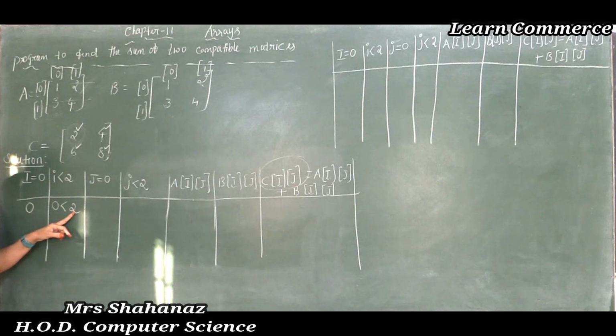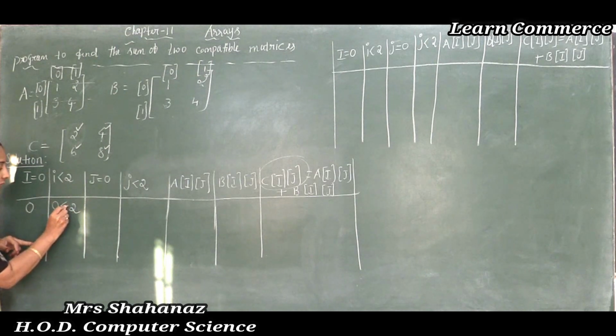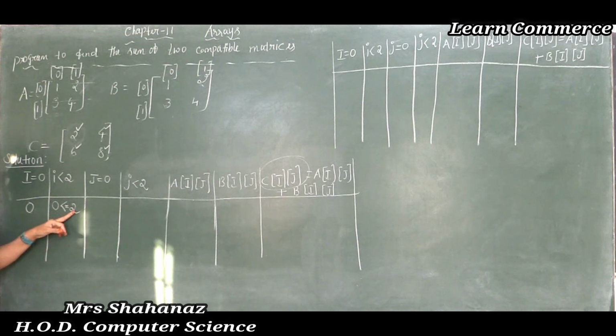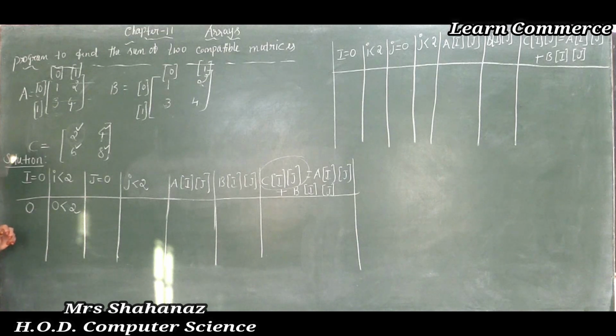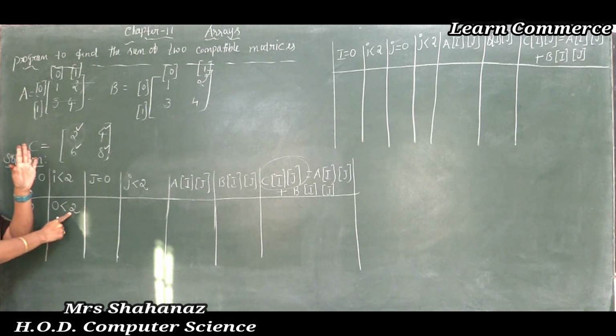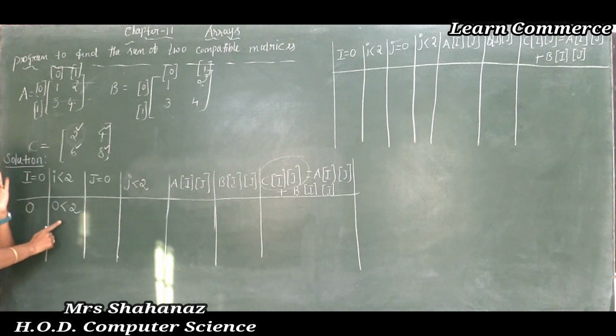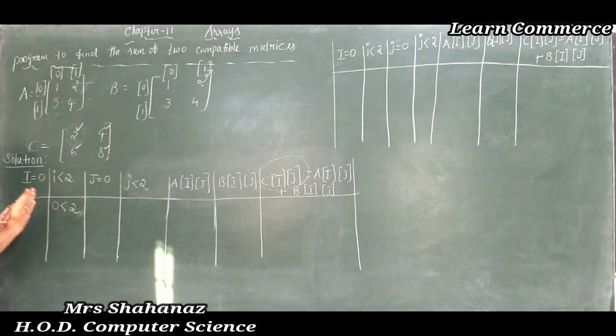That means you have to remember it. If I am going to use the equal sign, it is going to satisfy the condition till 2 here. But if you are not using the equal sign, it is going to satisfy the condition till 1. So 0, 1, till that only it is going to satisfy. When it reaches 2, at that time it is going to disconnect from the condition.